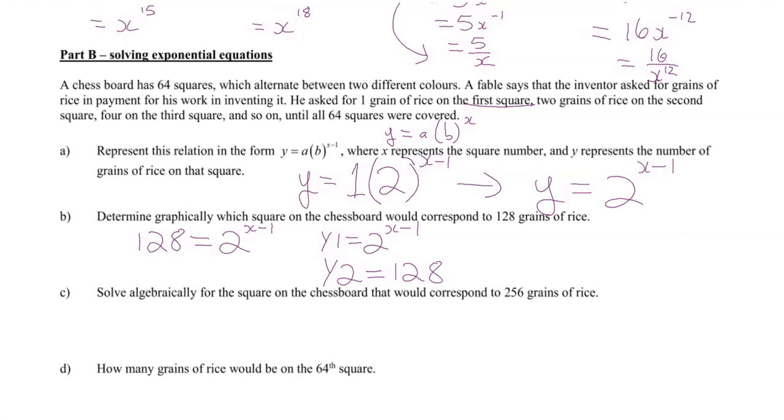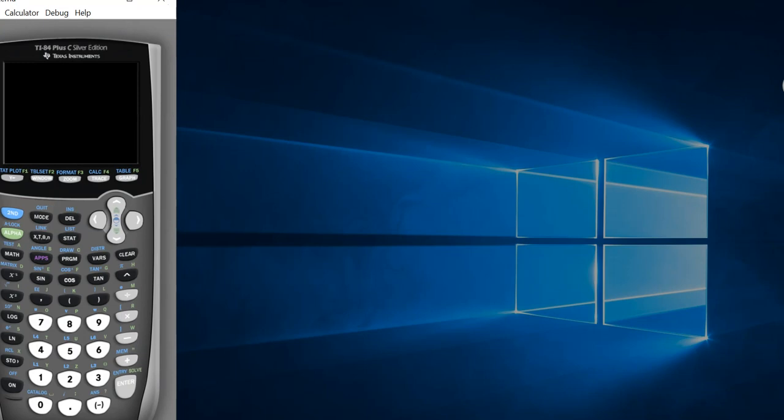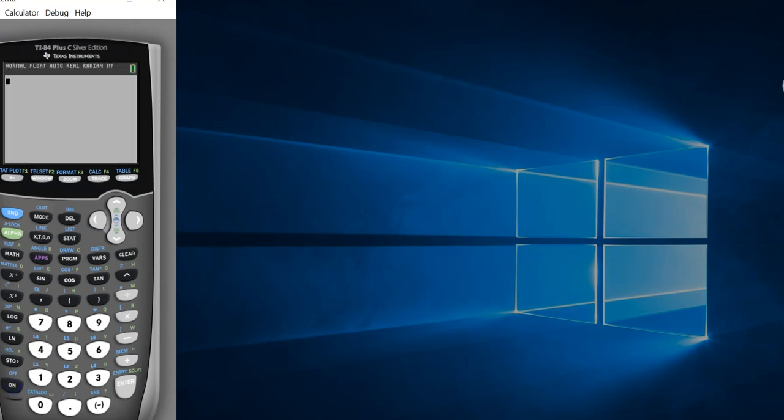So let's pull up our calculator. Turn it on. I'm just going to clear this. So second, mem, 7, left arrow, enter, and 2. So that resets. Let's go to y equals. So we have 2 to the power of